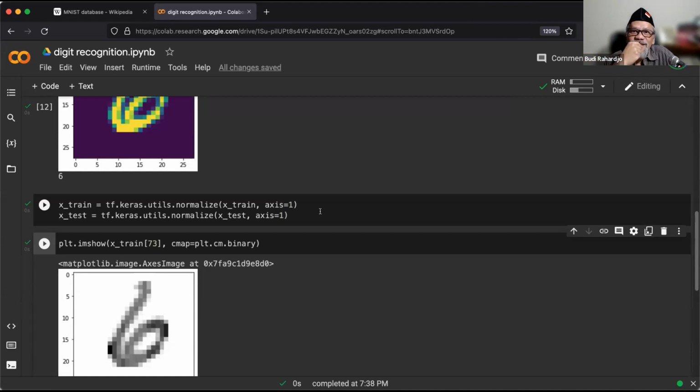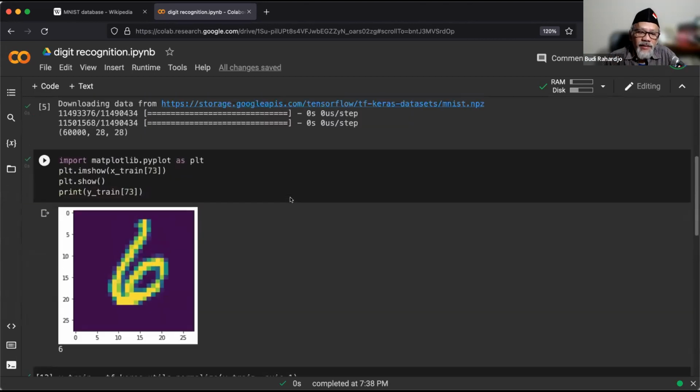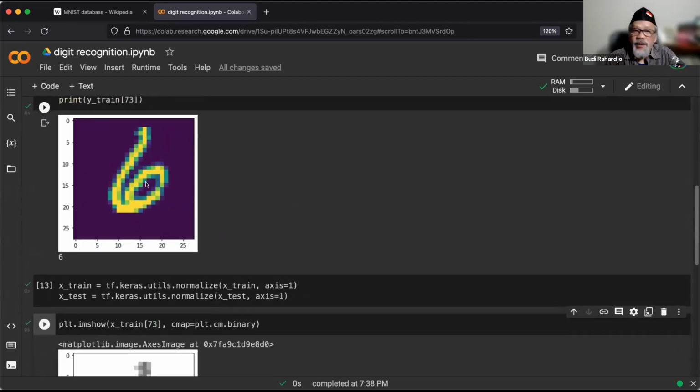Normally, under which condition would we do this kind of change to gray or something like that? Usually we run it directly into our AI to produce the model, and then we find out the accuracy is 73, for example. What if we do this and run it again?